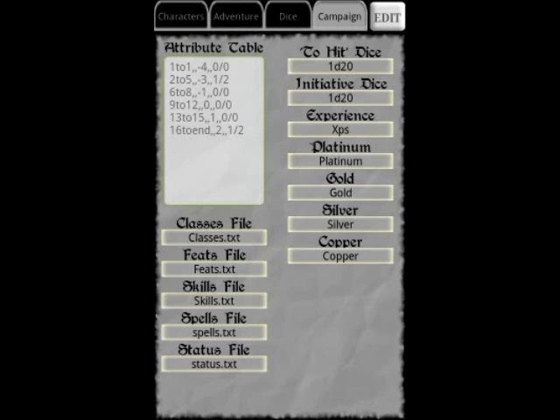The other thing you can see here are the files that make up the classes, feats, skills, spells, and status. You can create your own files and then in the Campaign tab point to these files so that you have your own classes, feats and skills, etc. that match your campaign. The format used to create a list of classes, feats, skills, spells, or status are all found